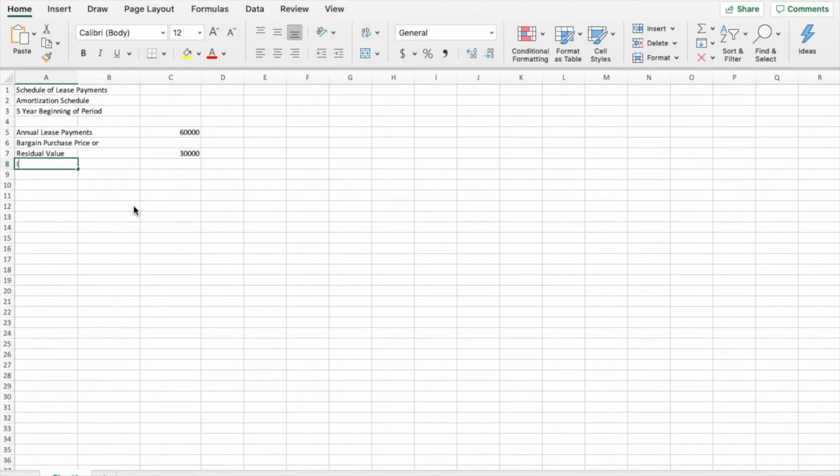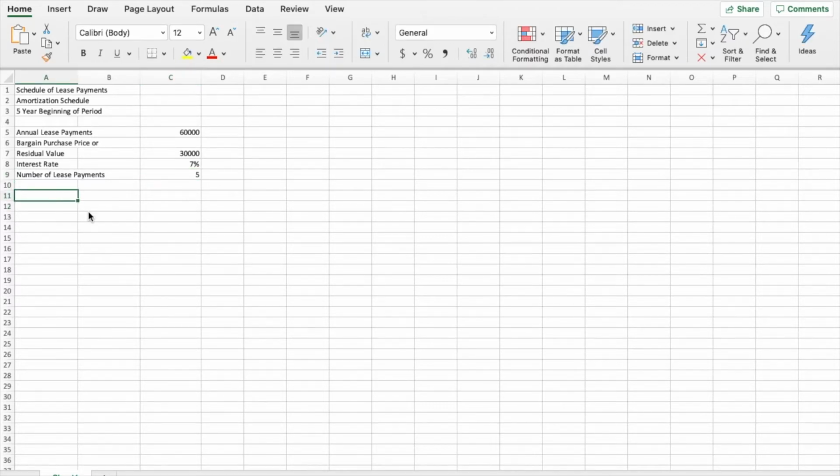Now we are going to put the interest rate of the lease, and we'll say that that is going to be 7%. And finally, we're going to put number of lease payments, which is going to coincide with our years,